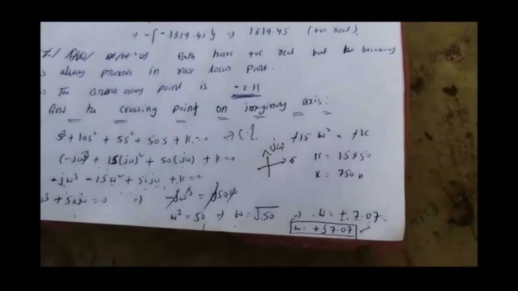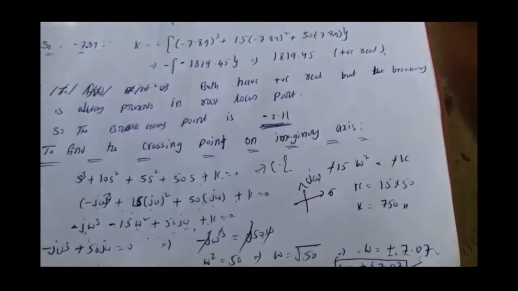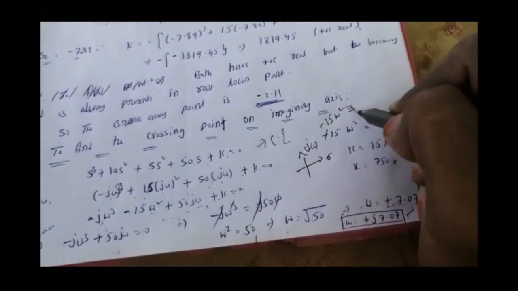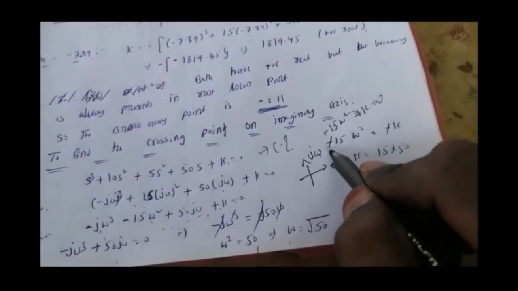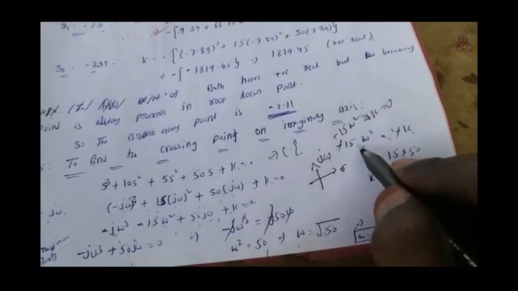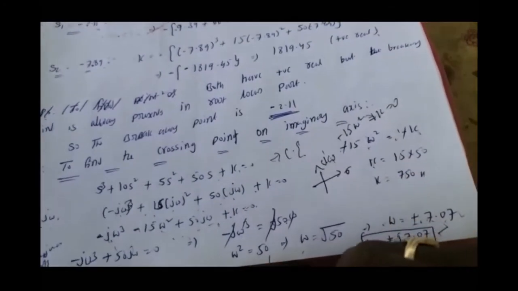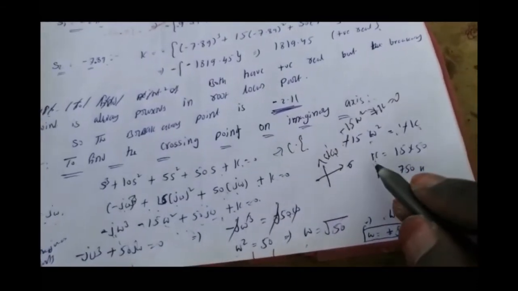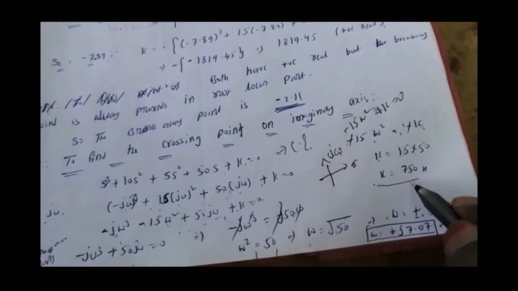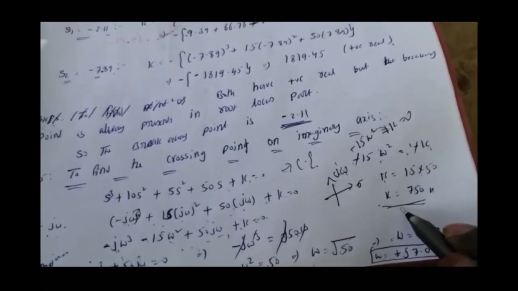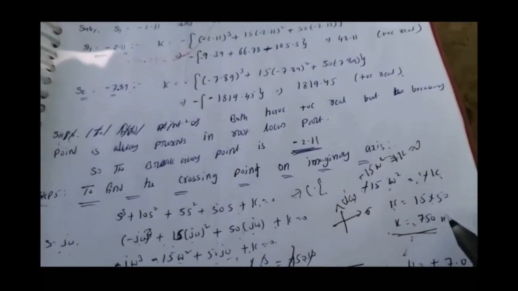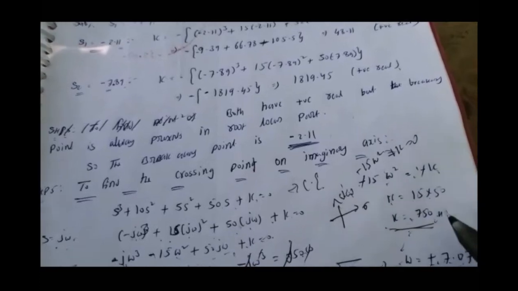Now equating the real parts, that is minus 15 omega square plus k equals 0. So minus 15 omega square equals minus k, the minus signs get cancelled, k equals 15 into omega square. What is the omega square value here? 50. So k equals 15 into 50. Finally k equals 750. This value represents that the given system should be stable when k is greater than or equal to 750.